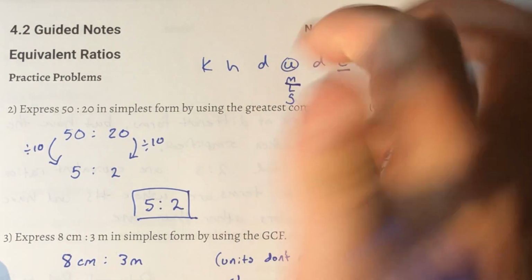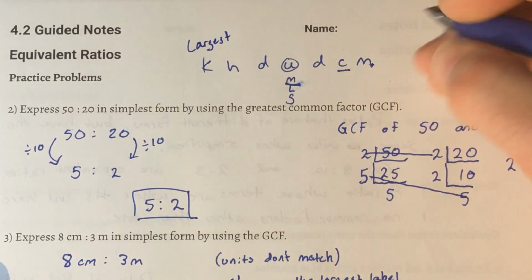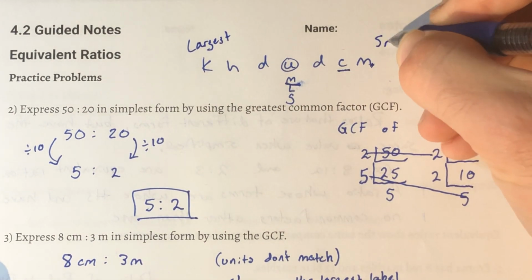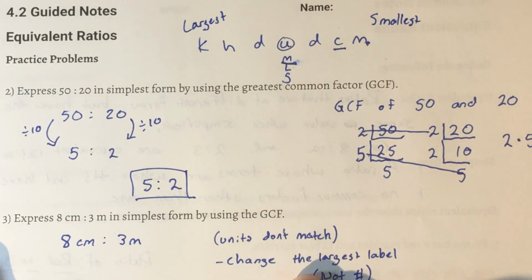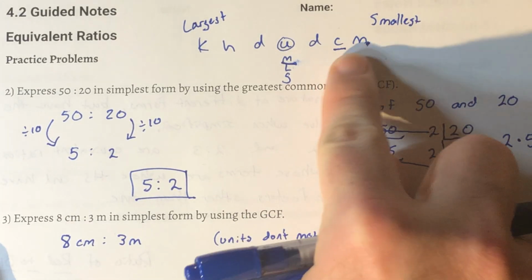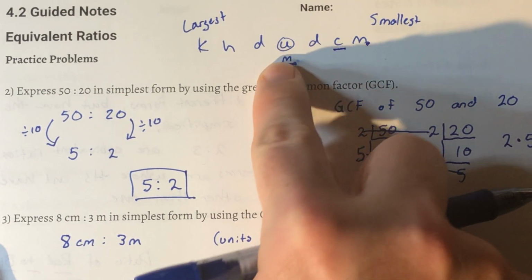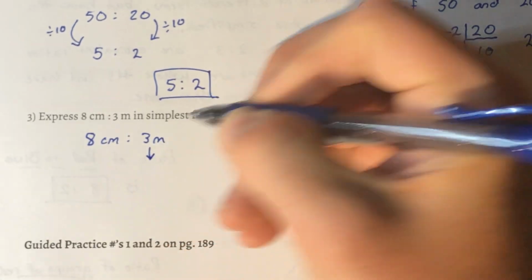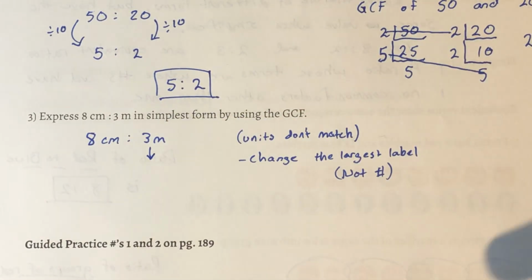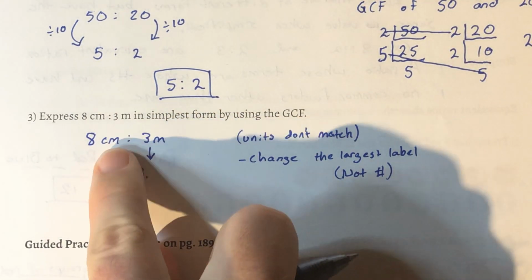Okay, so which one's largest? Well, kilo is the largest over here, down to milli, which is the smallest. So if I want to change the largest label between centimeters and meters, meters is the largest. So we're going to change 3 meters to centimeters. Okay, so we write our number. To go from meters to centimeters,